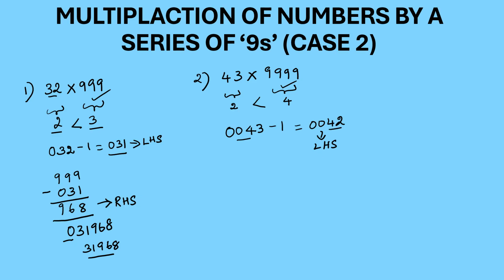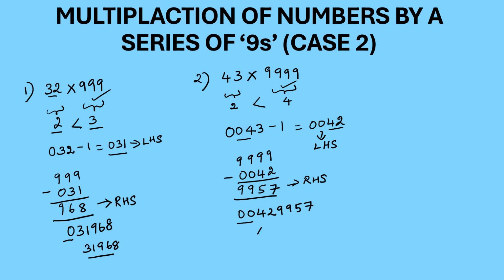Next, you take your LHS and you subtract each of its digits from 9. When you do this, 9 minus 2 gives you 7, 9 minus 4 gives you 5, 9 minus 0 gives you 9, and 9 minus 0 gives you 9, and this becomes your RHS. When you combine your LHS and RHS, you get 00429957, which is the answer to 43 times 9999. As I mentioned earlier, when you write the final solution, you can discard the zeros at the beginning. So your final solution is